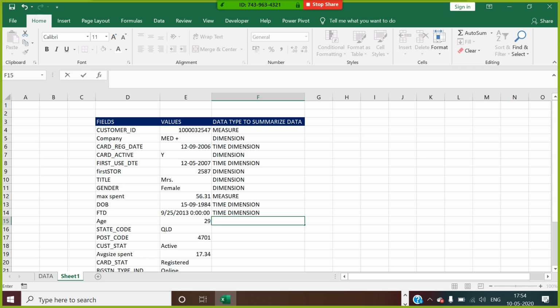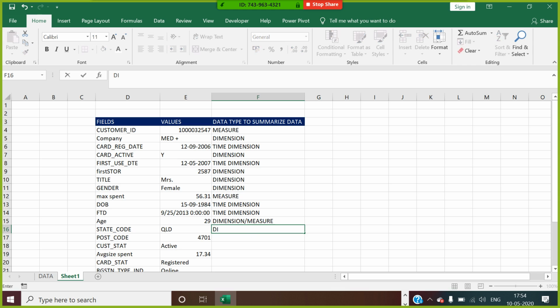This can be a dimension or a measure field. Okay guys, this can be a dimension or this can be a measure field. How? Because I can look at each age group, each age bucket, and see how many customers there are, so it can be a dimension. The age can also be average age, minimum age, maximum age or standard deviation of the age. So this is why we say it can be a dimension or a measure.